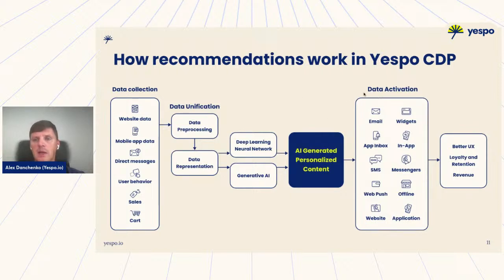And of course, the next stage is to implement this knowledge about what people are looking for, or maybe not even yet looking for, but we know that this will be the best offer for them. How to deliver this message to them? And also, Yespo has it inside. We have powerful, great servers to deliver emails, to deliver web widgets on your website, to deliver push notifications, to deliver text messages, everything in one platform. Again, with website personalization, mobile app personalization, and many, many more.